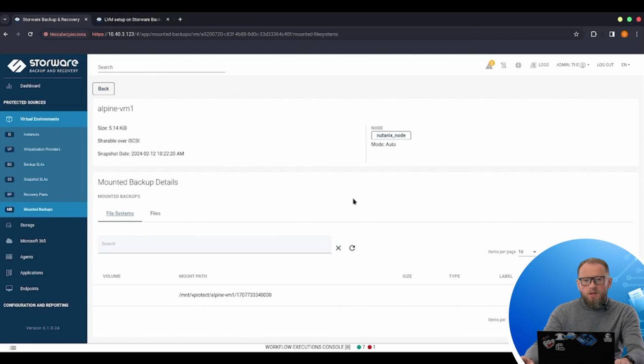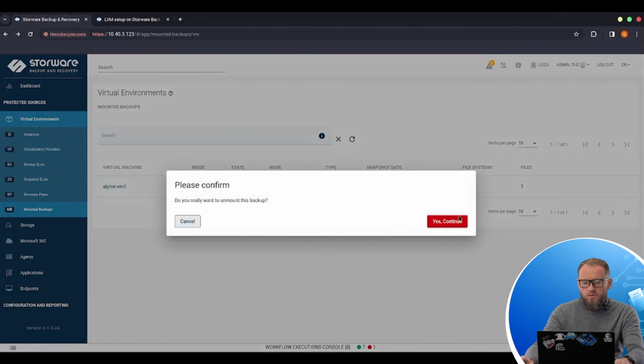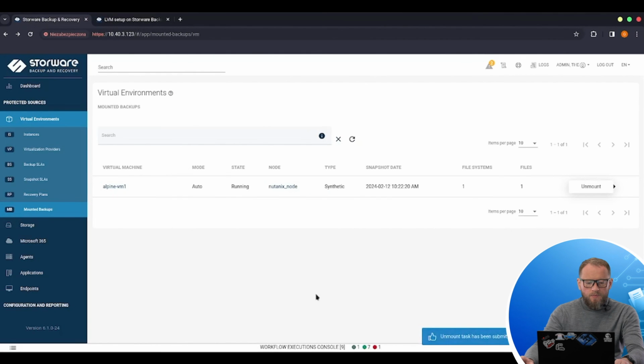Of course, this data won't last on our node forever. By default, it would be unmounted after 24 hours, but I can also unmount it manually from this view right now. So I will do this, and in a minute my data will become unavailable, but I will reclaim the space for other backups, for another mount or restoration process